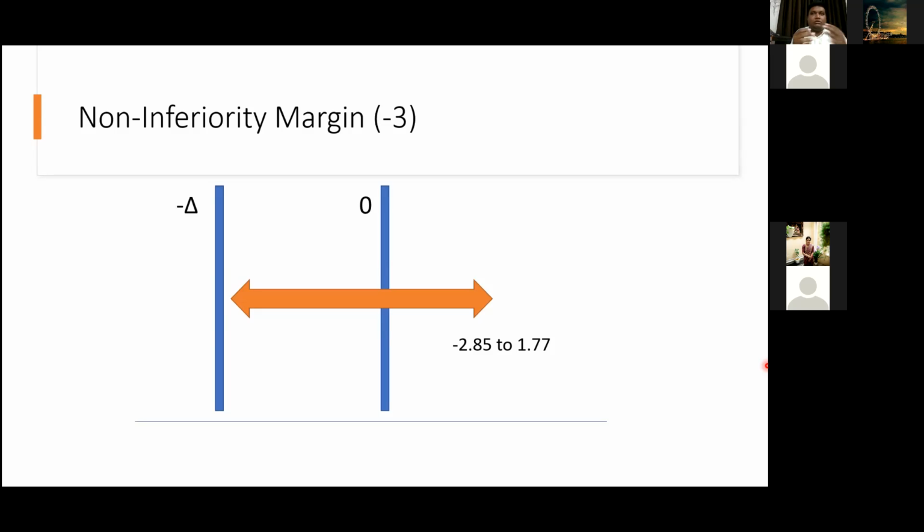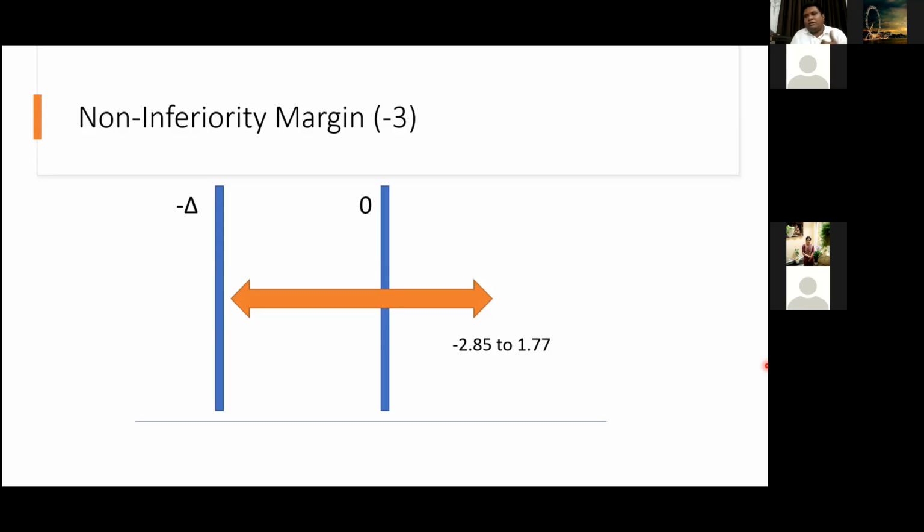So see, same result, but for a superiority design we accepted the null hypothesis, whereas for a non-inferiority design, same study, same results, we are accepting the alternate hypothesis. For superiority you accept the null hypothesis, for non-inferiority you accept the alternate hypothesis. So now you can understand how useful non-inferiority trials are. But one of the